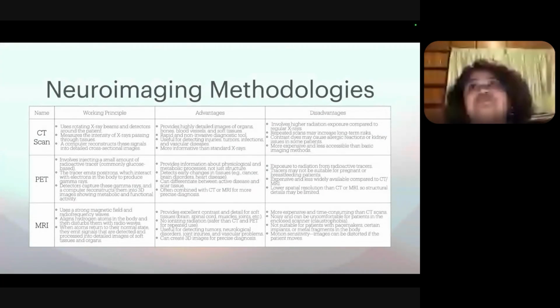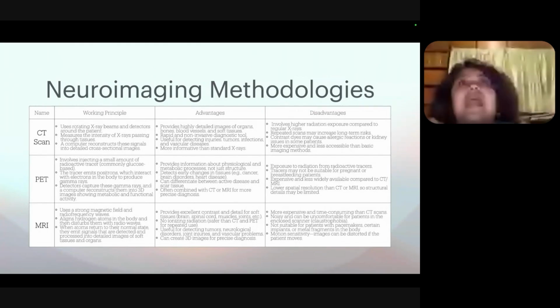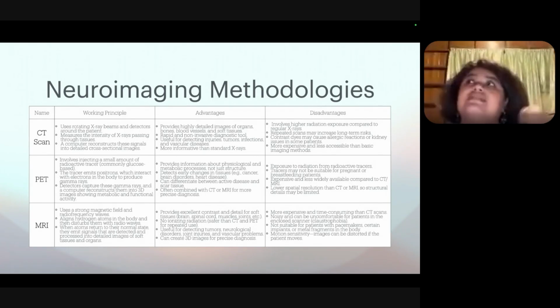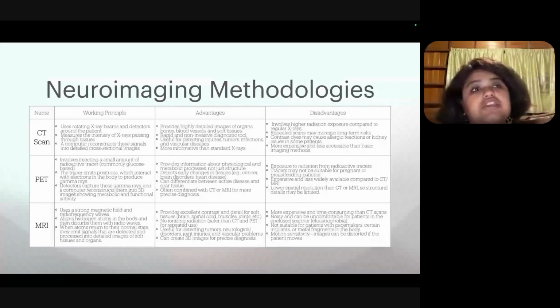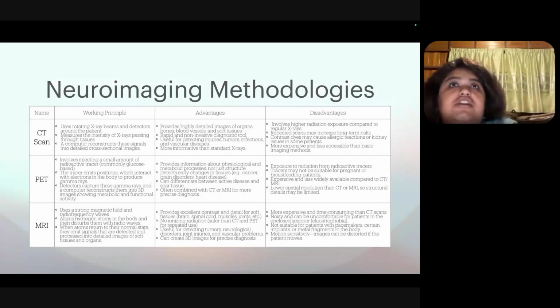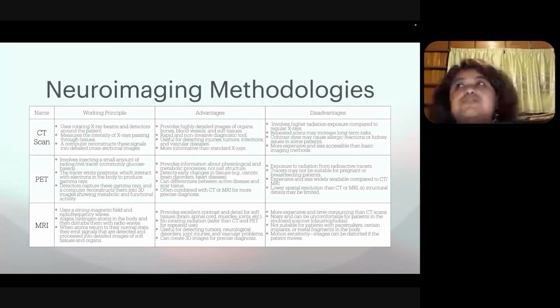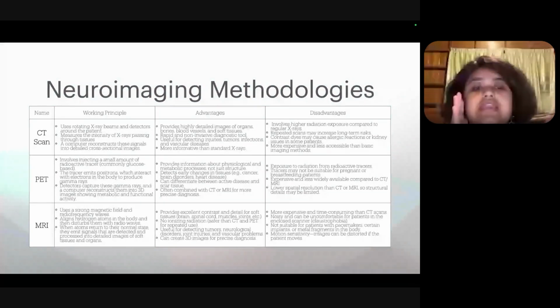So the next thing is, we have to take care of both the disadvantages together. We need to detect the functional and metabolic changes in the brain, because that is required to diagnose the diseases. But also we need to make sure that the machine is not radioactive, because if a patient is getting cancer, or if a patient is getting neurodegenerative disease, we need to capture the progression of the disease. So how do we do it? That is where MRI came in.